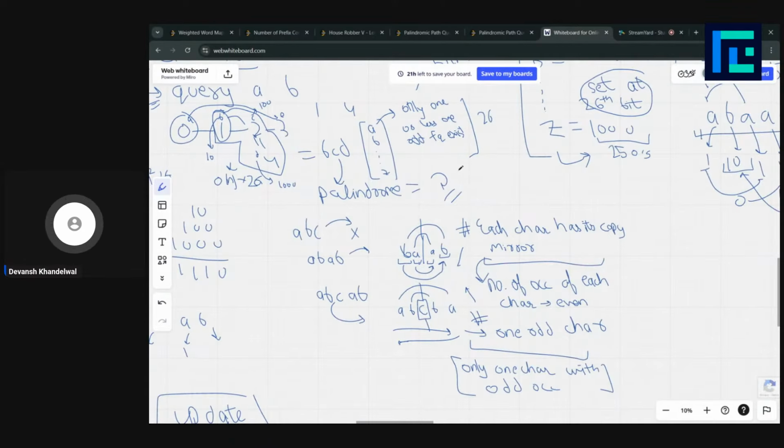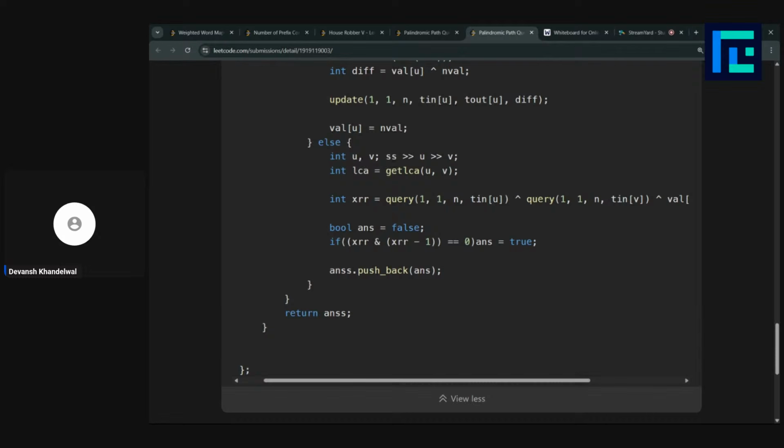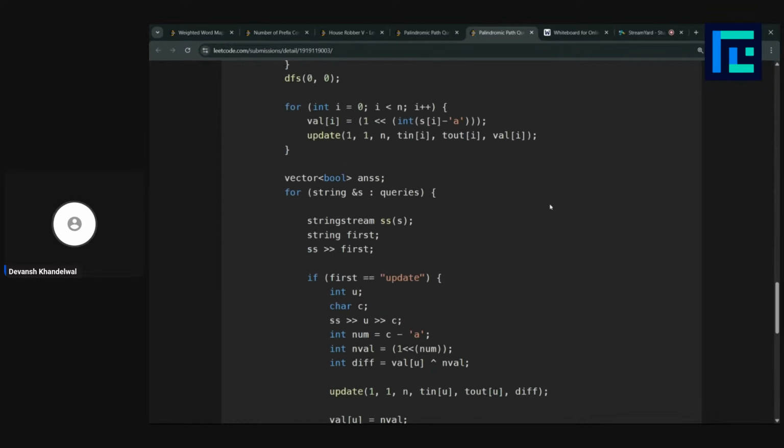Any other doubt, guys? So yeah, this actually calculates from 1 to the in time of u, right? This is just a way to calculate, right? I will simplify it if you don't get it, but yeah, this was the entire question.